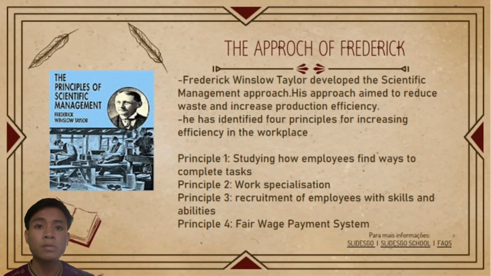One of the methods used is the time and machine study, where the time to perform the work will be recorded and the way the work is performed will also be observed. That way, he can find the best way in the shortest time. Principle 2. Work specialization. Taylor emphasizes work specialization, where work is divided and each worker will perform fewer and more routine tasks. This method is widely used in the manufacturing and production industry.